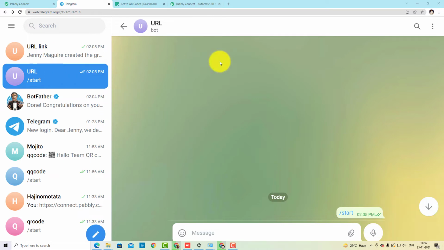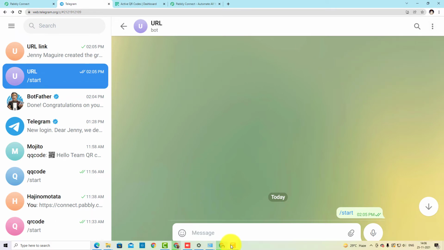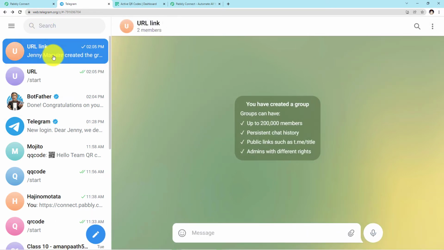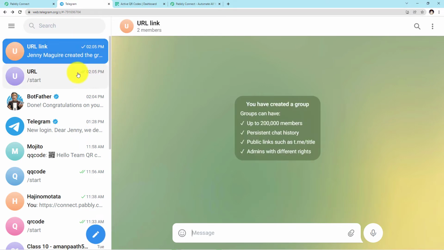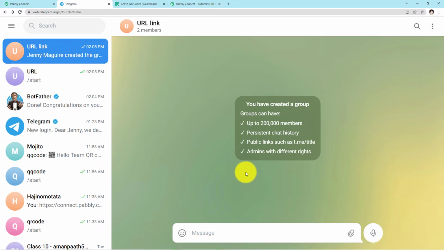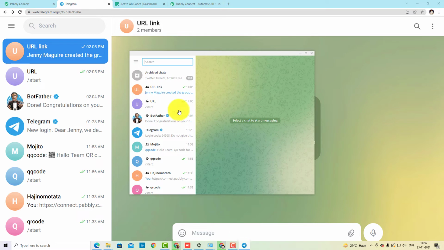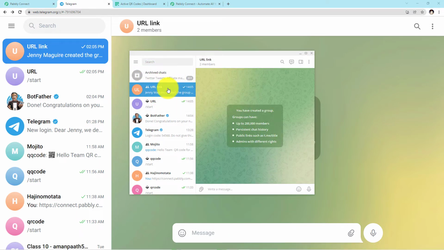Now what I'll do, I have to first make admin this bot which we have got, URL link. Okay, we have to make this bot the member of this group, and then we have to make this bot the admin of this group. So let me do this for you. Let me show it to you how you can do it. So this is our group. Okay, I'll go to the settings.